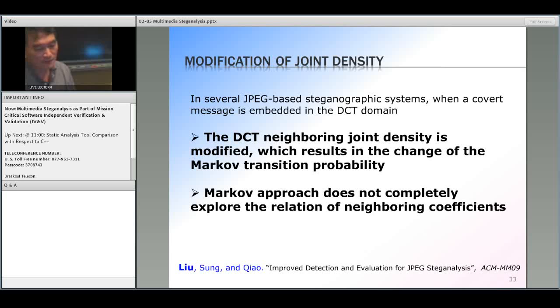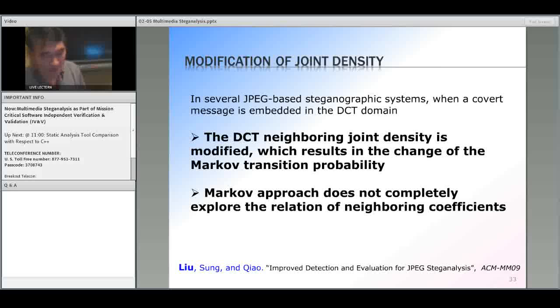In other words, here's the heuristics. The discrete cosine transform neighboring joint density is modified when you embed some contents into, say, a JPEG image, which will result in a corresponding change in the Markov transition probability. Based on that, we can formulate a set of features to train the machine, and then test